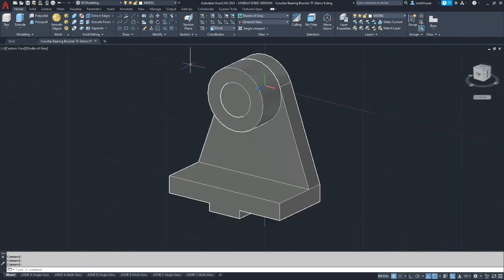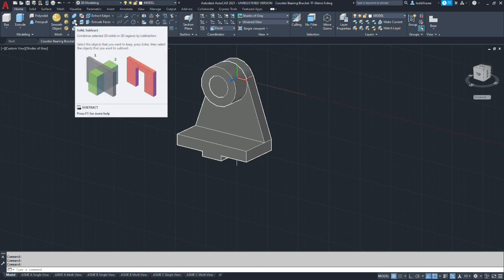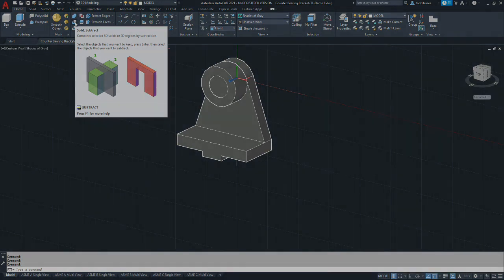We now are going to use the command that is covered here. It's solid subtract. So first you select the solids you want to keep, and then you hit enter, and then you select second the tool bodies that are going to be doing the cutting. One advantage of doing this, you notice I didn't merge the boss with the tapered flange. When you cut multiple bodies with the same cutting tool body, it will automatically create a solid out of them. So you can save that step.